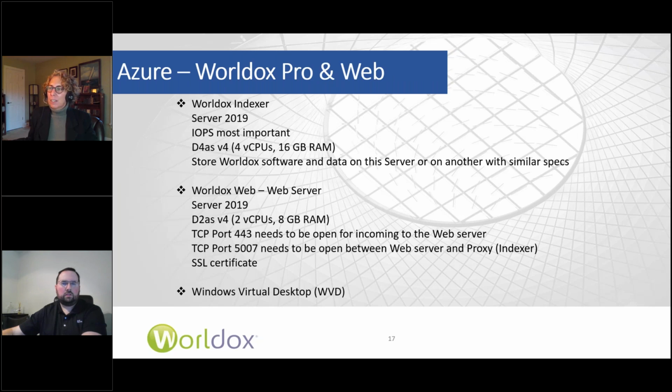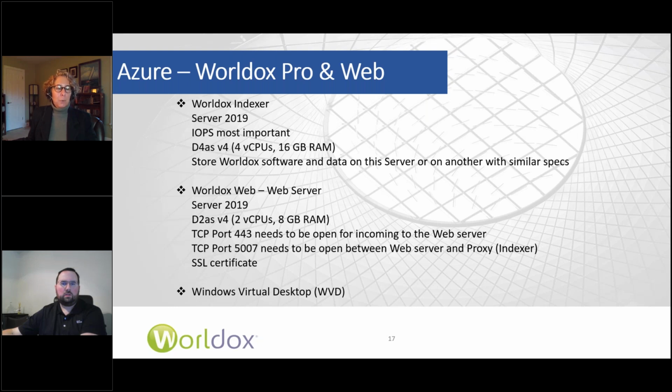Okay, so moving along, Worldox Web came out a little more than a year ago, Worldox Web 3, and it has been maturing nicely with more features being released in every update. We just put out another update in the last couple of weeks that included the support for adding bookmarks, as well as a few other features and fixes. So if you wanted to add Worldox Web to the picture, then typically